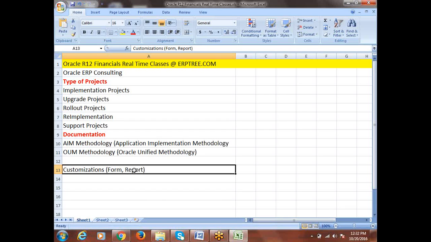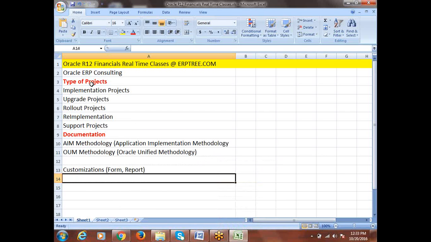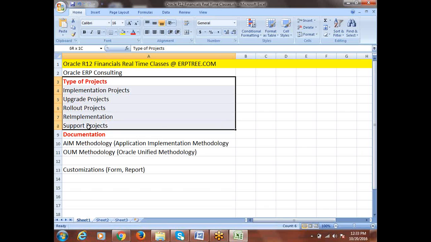The report development will be done by technical people. For that, we have to support them by writing the functional specification, covering what exact process is involved and how to prepare the document. We'll discuss and do the document preparation, and then it will be easy when you are working on it. We'll also discuss the customization process, and what documents we have to prepare when doing customizations.